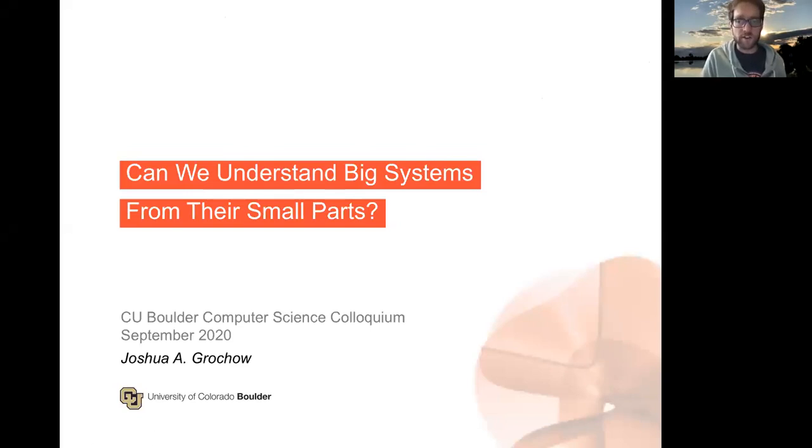Josh's research focuses on computational complexity and complex systems and has produced a number of important results in the long-term program of understanding the famous P versus NP question and in understanding complex systems through the lens of computation. His work has appeared in prestigious venues including the JACM, SODA, SAUSAGE, ICALP, CCC, and the Bulletin of the American Mathematical Society. Today, he'll tell us about some of his work in a talk entitled, "Can we understand big systems